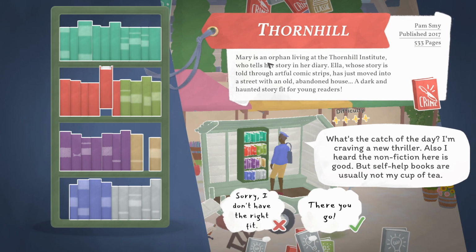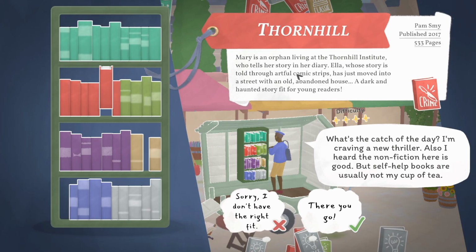Mary is an orphan living at the Thornhill Institute who tells her story in her diary. Ella, whose story is told through artful comic strips, has just moved into